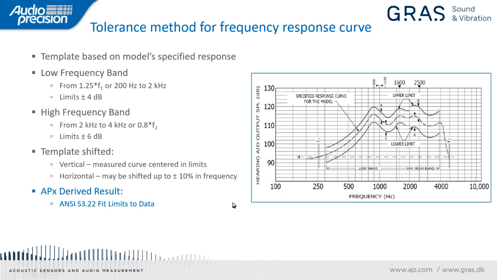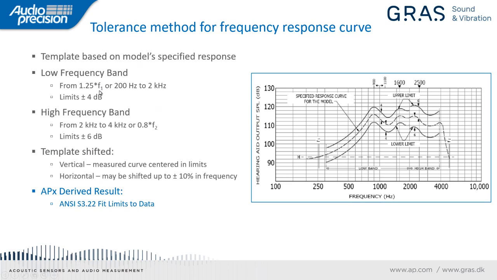Now, for the basic frequency curve, the ANSI and IEC standard call out this tolerance method for the frequency response curve. And this is a set of limits that are based on the model curve or a curve for the specified model. So you provide a curve for the model and you construct the limits from that curve. And how you do that is you split the frequency into two ranges, the low band here and the high band. So the low band extends from